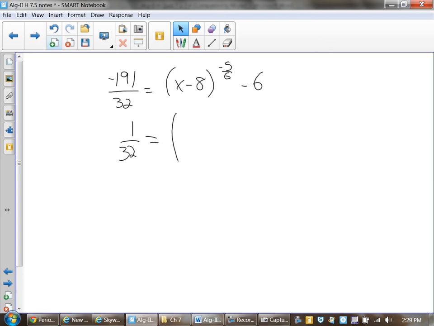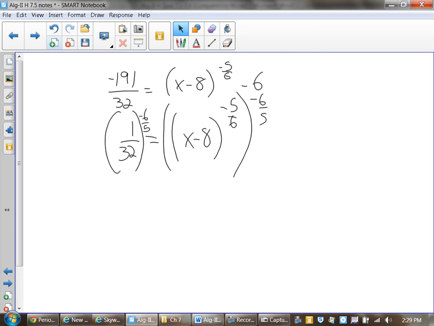So now you've got that equals x minus 8 to the -5/6. Remember, when you have to undo your exponential powers, you have to raise it to its reciprocal. What's the reciprocal of -5/6? -6/5. So I need to raise both sides to the reciprocal exponent. When I have power to power like this, I multiply them together. -5/6 times -6/5 gives me 1. 1/32 to the -6/5 gives me